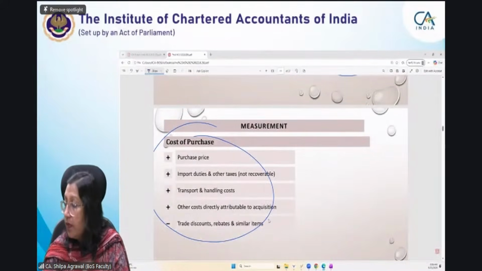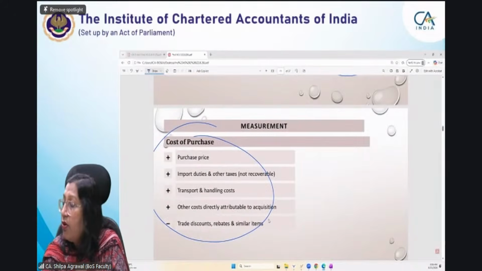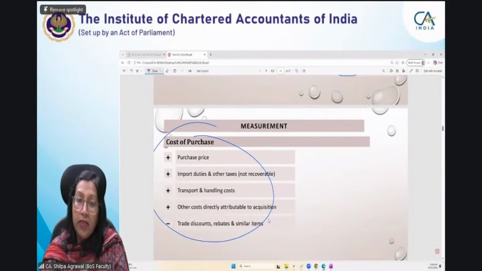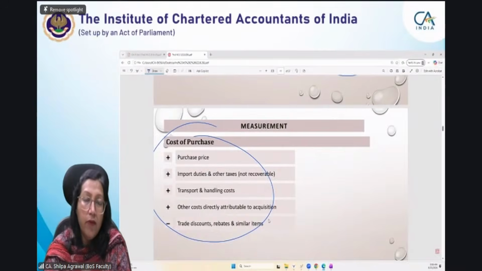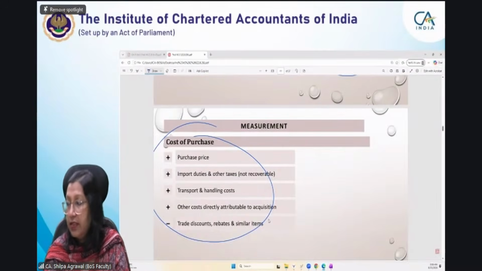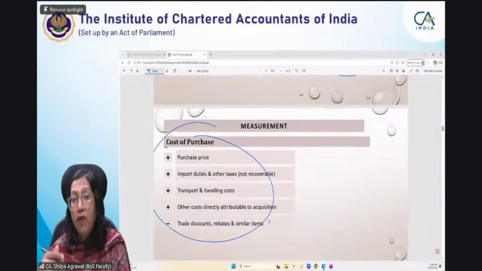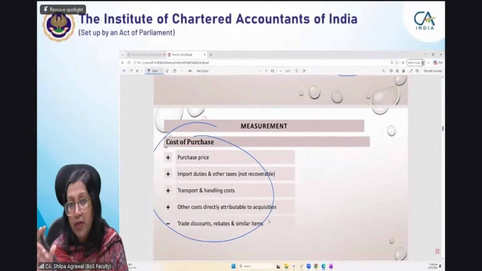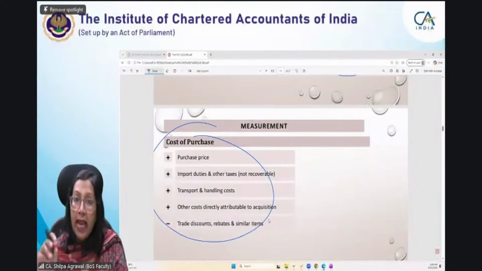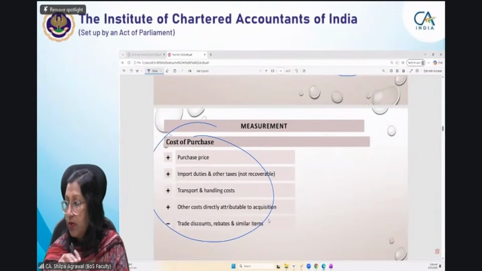What about customs duty drawback refund? In case it is a refund, customs duty drawback refund, definitely it will also not form part of cost of purchase. However, you have to see what percentage is refunded. Many times it is not in the form of money, but in the form of kind. Even in that situation, if it is in the form of kind also, then it is returnable, so it will not form part of your cost.